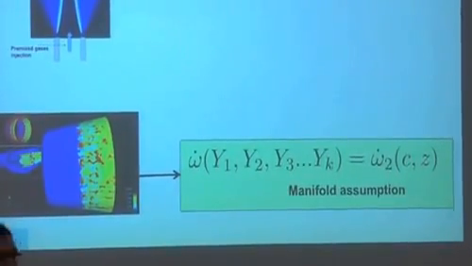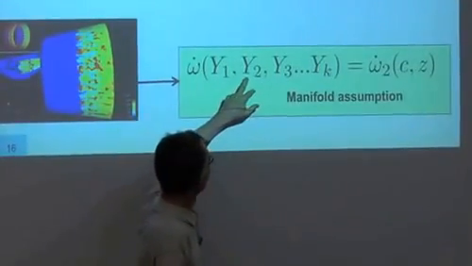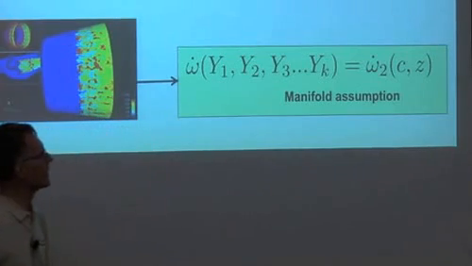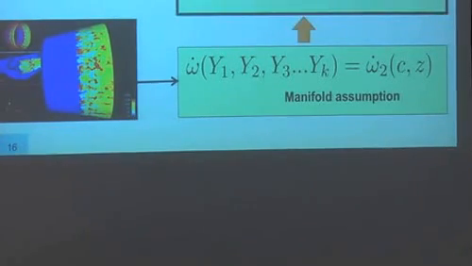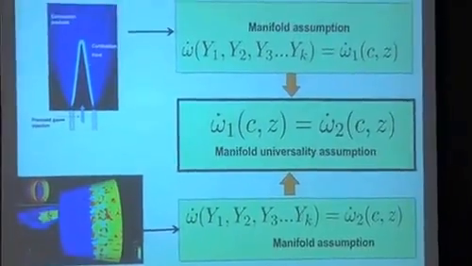And I like it as a computer guy. Well, not a computer guy, but my students are doing the computations. Because here, instead of n species, you have only two. That's very good. But we need the last assumption. We need to assume that these two manifolds are the same, because otherwise, it's no use to do that, okay?